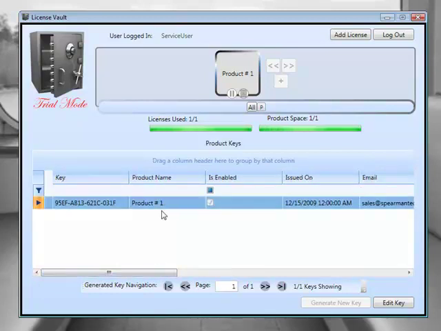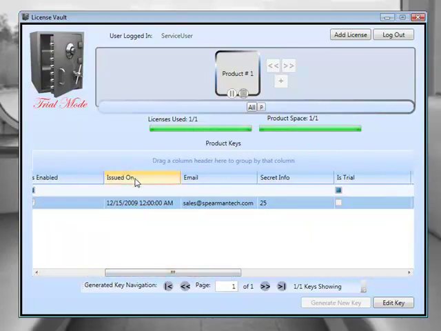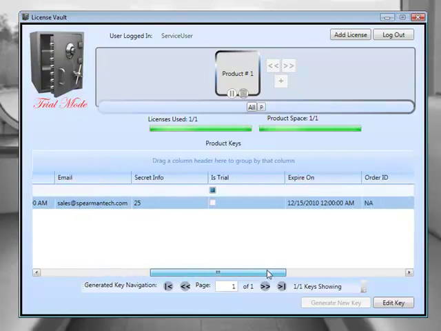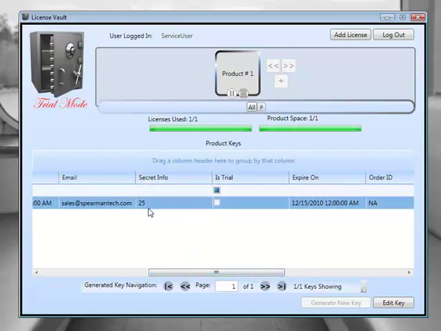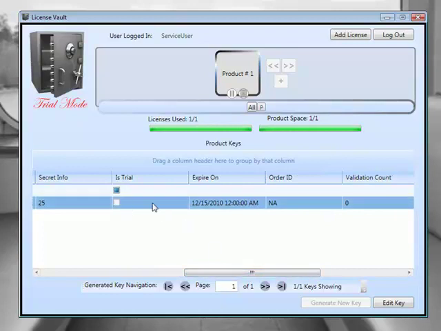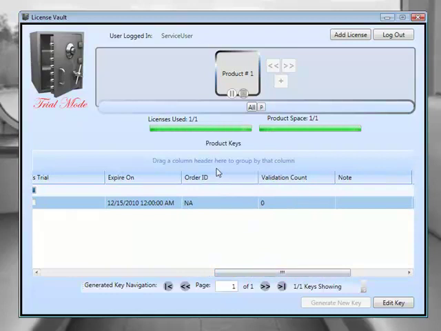You'll also notice the product name appears, and whether the product in the license key is enabled, the date the key was created, the email that was assigned to it, and the secret info comes out as well, so you can verify, if you were planning to use secret info to store the number of seats, you could easily see that you had 25 seats available. Is it a trial? The expiration date, the order ID, validation, and then finally